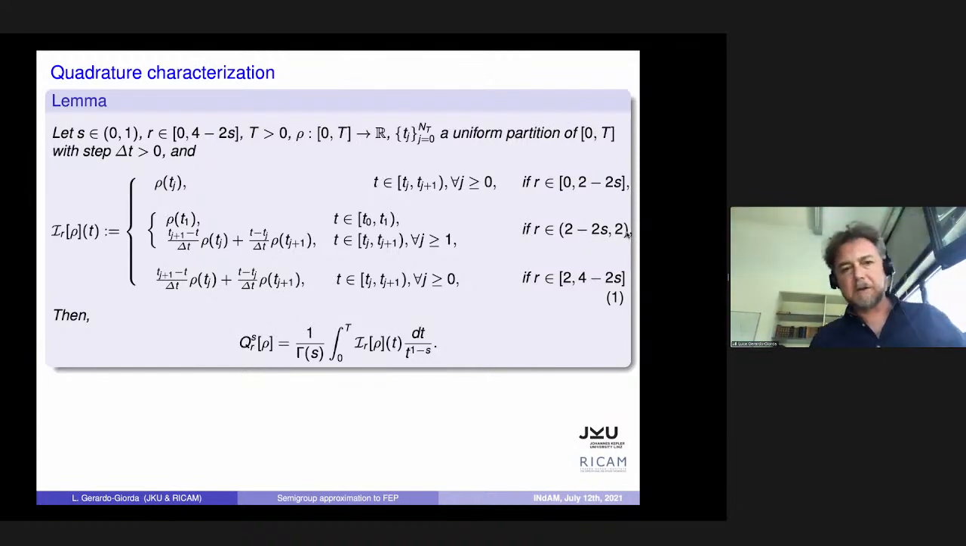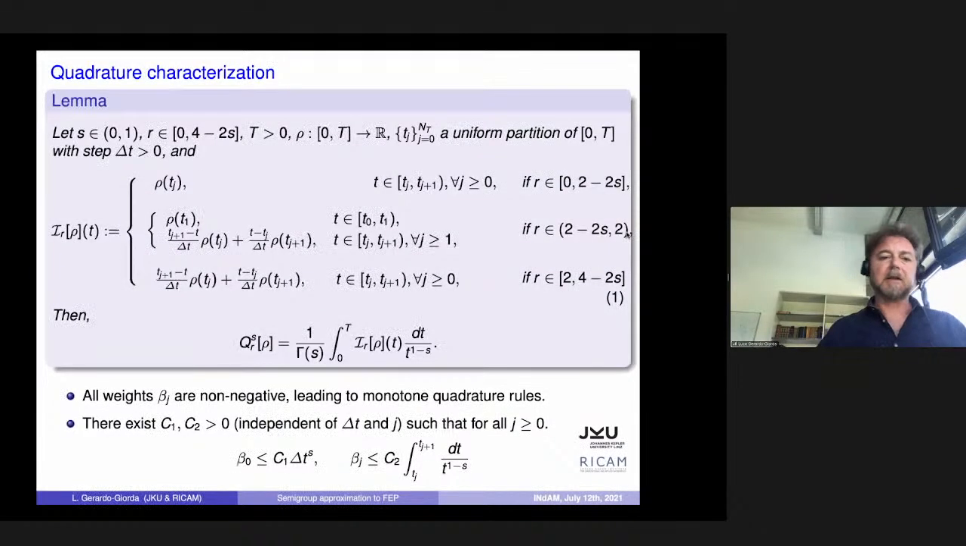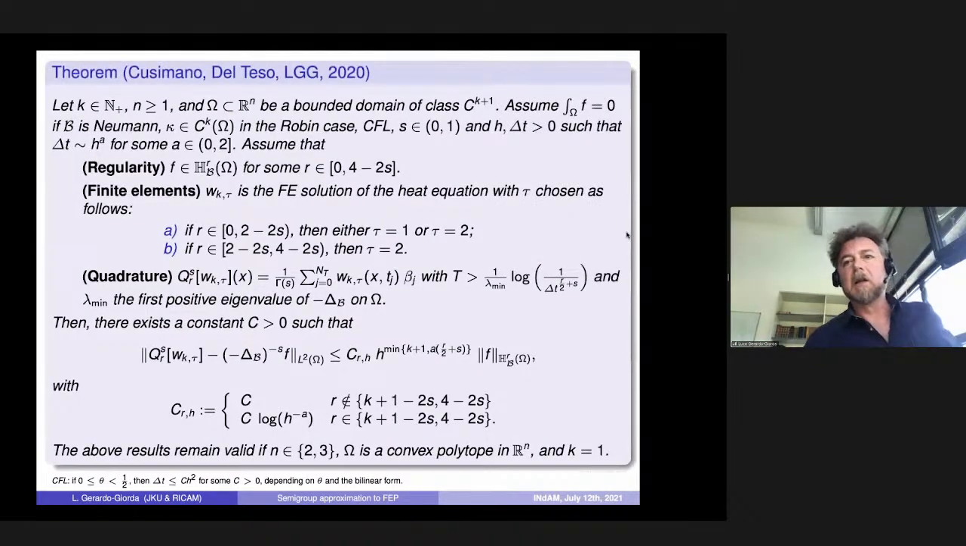Now, what is the good thing coming out of this choice is that all weights that we can get by this computation are actually non-negative, which leads to monotone quadrature rules, which are known to be very robust. On the other hand, there also exist two constants, C1 and C2, such that for all weights beta j, these bounds are satisfied. This is the first one. The first bullet here is an important consideration. The second one is more useful for proving the theorem that we wrote, which is this main result that I